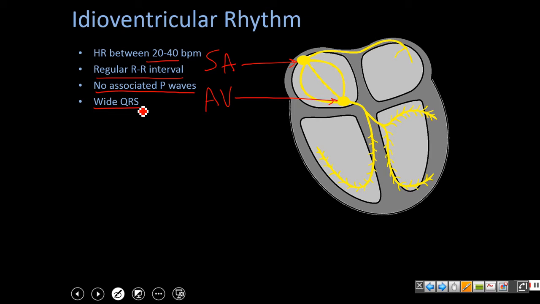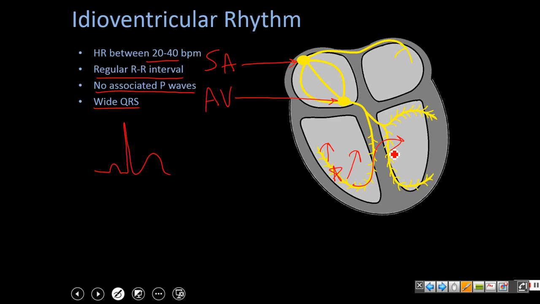And what you see is in sinus rhythm, that electrical impulse travels down through the bundle branches simultaneously, depolarizing both sides rapidly and evenly. And that produces a narrow QRS complex. However, in idioventricular rhythm, that rhythm originates from within the ventricles. And so it has to depolarize one side and then the other side, and so it produces a much wider